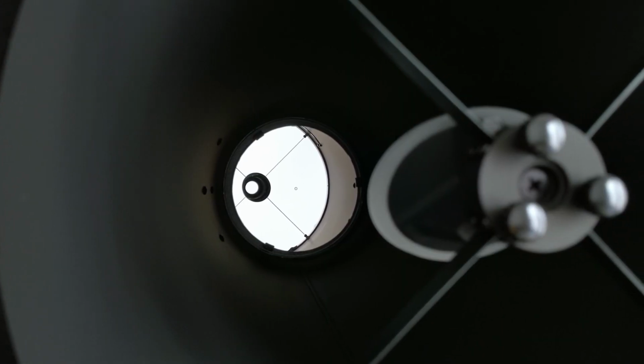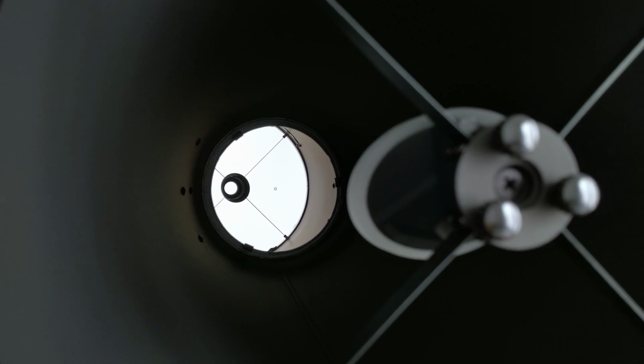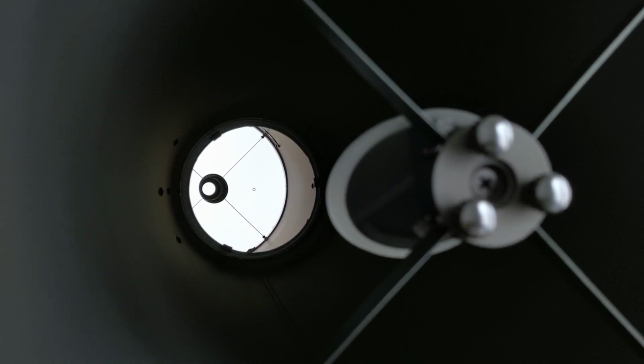While the 8-inch Dob would gather significantly more light than the refractor, no question, and therefore offer brighter views, it's also much heavier and bulkier, even if you factor in a solid EQ mount for the refractor. While the image quality of the Dob is definitely good, it's still not on par with that of the refractor,